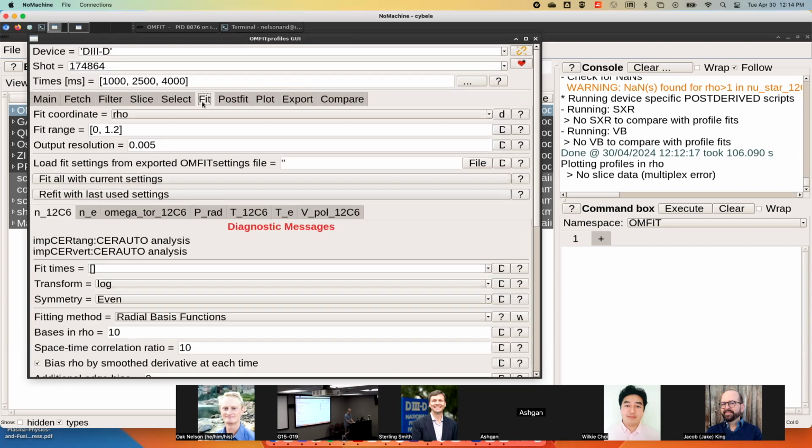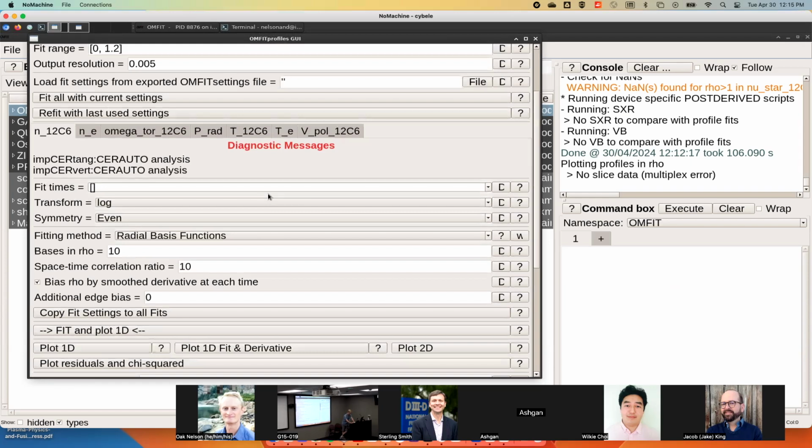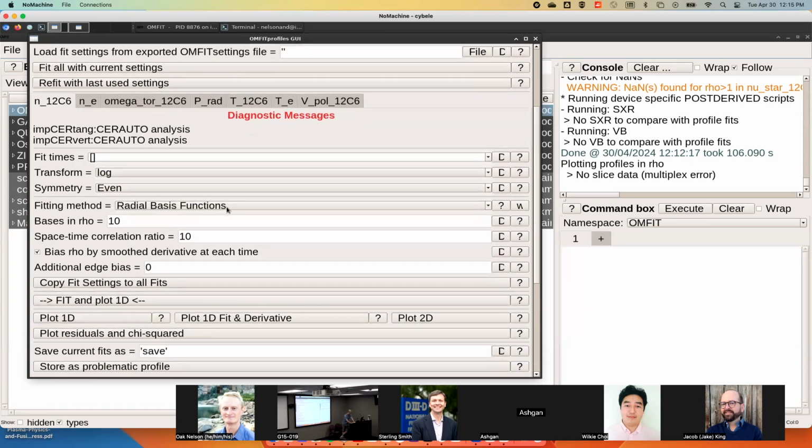But of course, this is a fitting tool. So maybe the most interesting tab for a lot of people is the fitting tab. If you go to the fitting tab here, you can see we have a ton of options, right? This is the default that OMFIT profiles opens up with. It's using radial basis functions. It has some bases in rho. If we don't know what these mean,